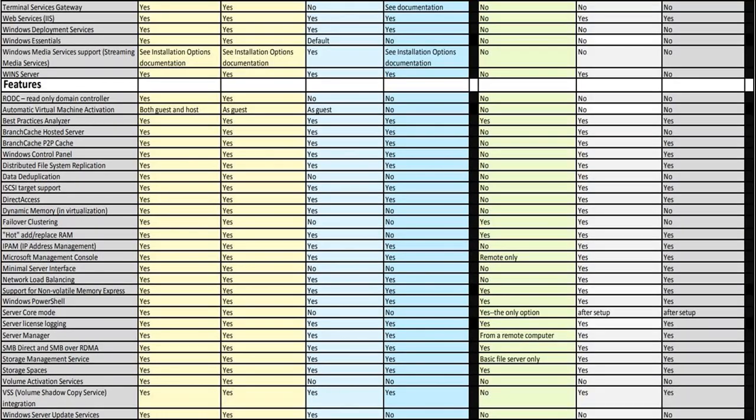When you're talking about the Terminal Services Gateway, you need to check those in the documentation. It will not be available in Essentials, but the rest will be available in Standard and Data Center. So the entire details will be there in the KB. These are the features and roles covered in Microsoft's new version, Windows Server 2012. So when you compare to